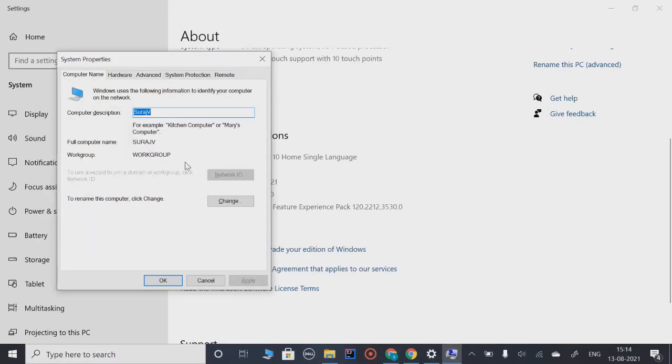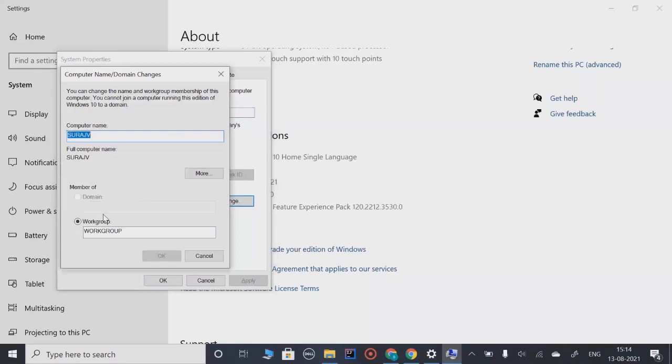Okay. Now you click on change. Now you have to click on member of domain. It's grayed out, right? You are not able to do that.